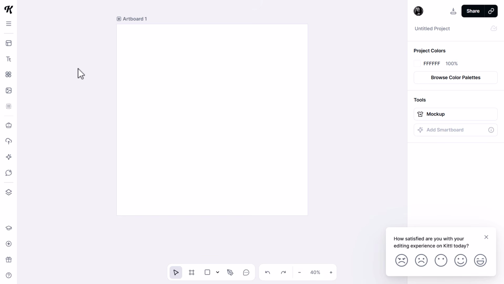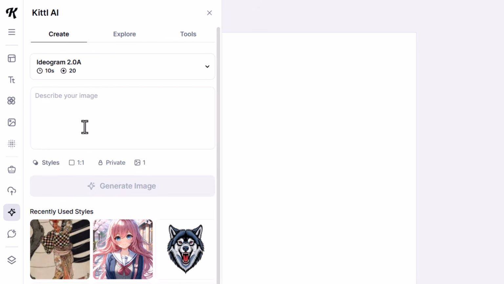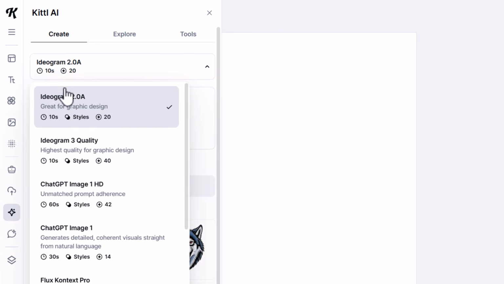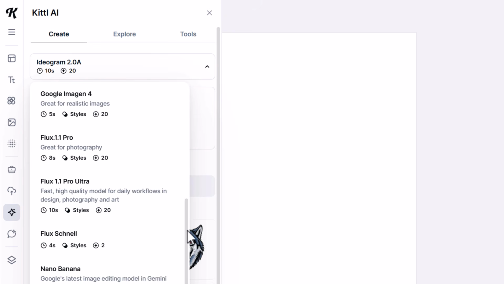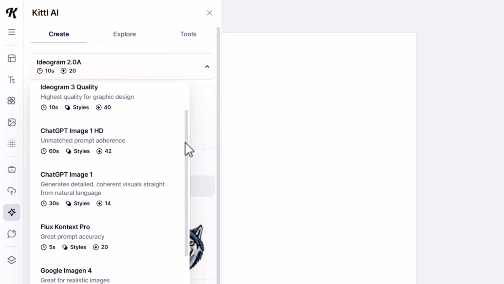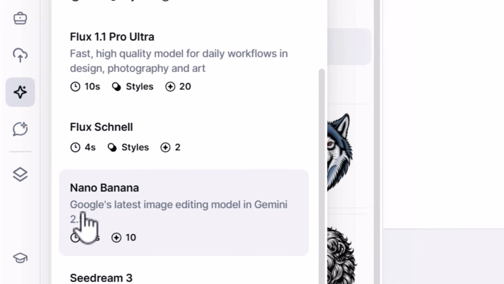Before we dive too deep into all these features, let's actually take a look at what's available to us and how we can start generating images with Nano Banana. So first of all, we can come down here to the Kittl AI section, and this is where we can generate our images. And you'll see under Ideogram here, or whatever style pops up, there is a drop down, and the amount of models they've managed to add in the last 6 months has been pretty mind-blowing. You can see they've got ChatGPT in here, which they've actually had for a little while, but they also now have Nano Banana. And Nano Banana is much quicker and much cheaper than these other models, yet produces better images